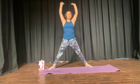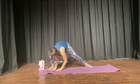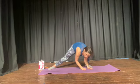Give me three more of those. Drop down, look down, climb up, look up. Nice deep breath out as you push down and a wonderful breath in as you climb up. Regulating